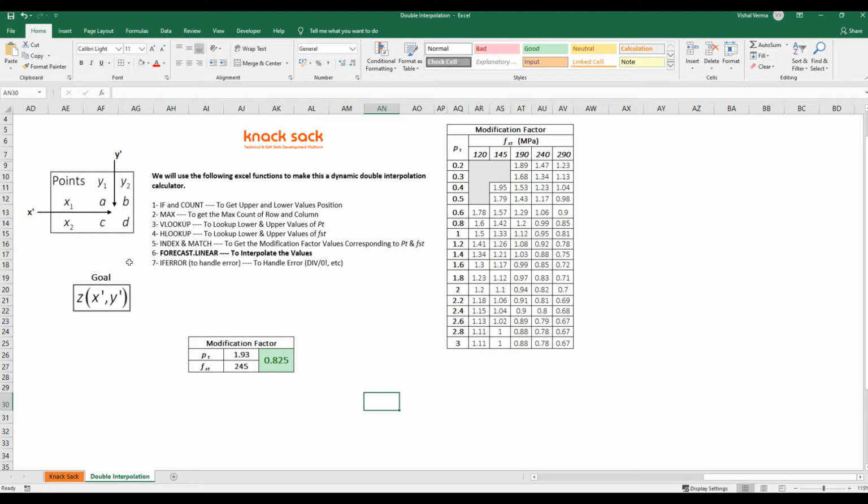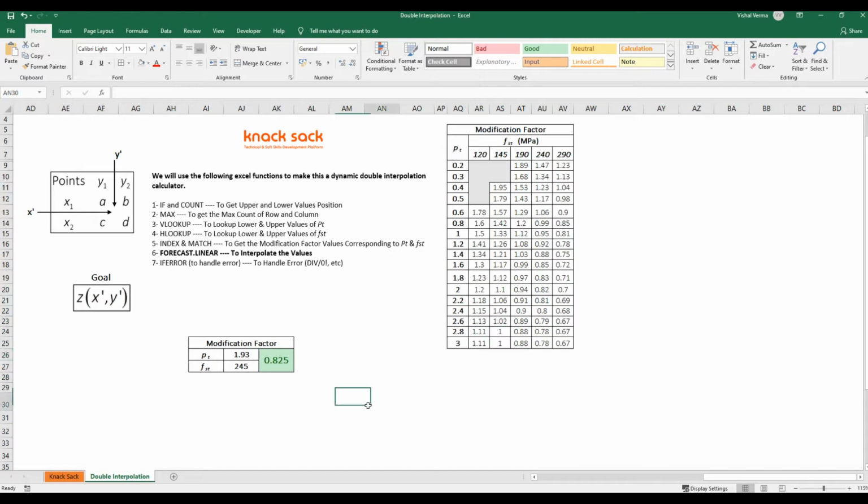We need to find another data point Z, which is at x dash and y dash. X dash is between x1 and x2, and y dash is somewhere between y1 and y2. So to get this Z value, we need to double interpolate this table.